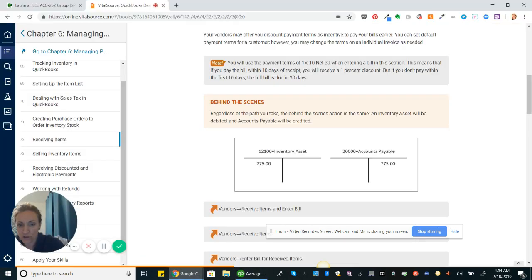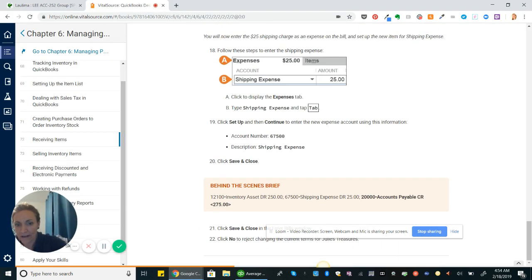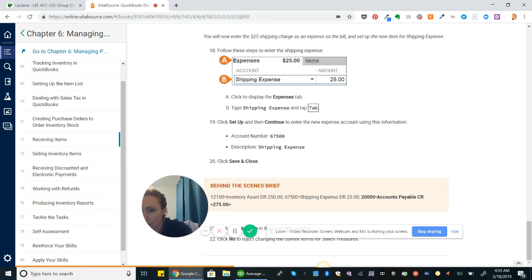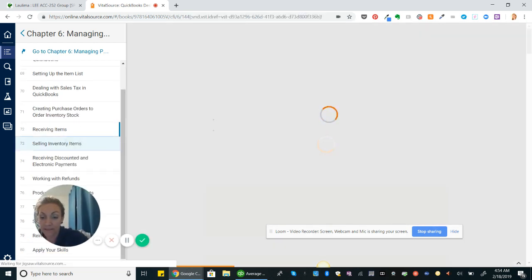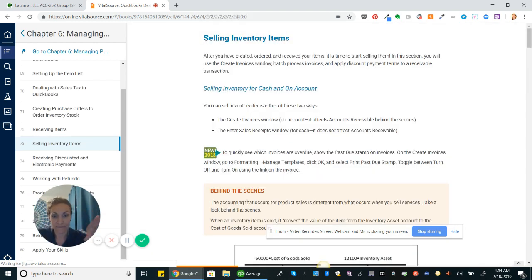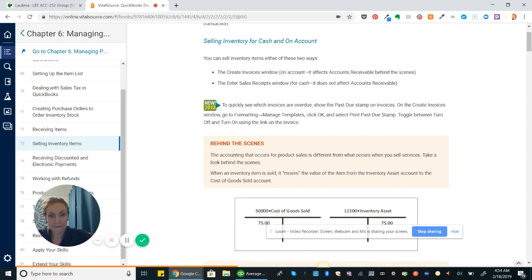So now we're on to selling inventory. Let's see, selling inventory items, which is that right side of the items that we set up. Now we can sell inventory for cash, or we can sell inventory on account, right? If we are selling on account, we're using an invoice. If we are collecting cash or payment by credit card on the spot, we are entering a sales receipt and there's